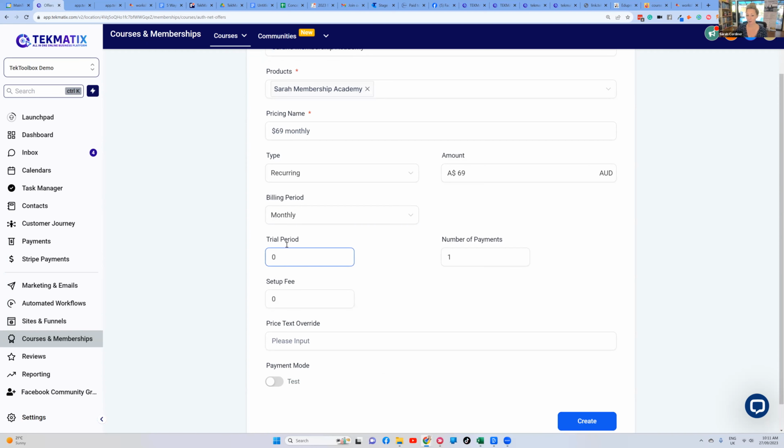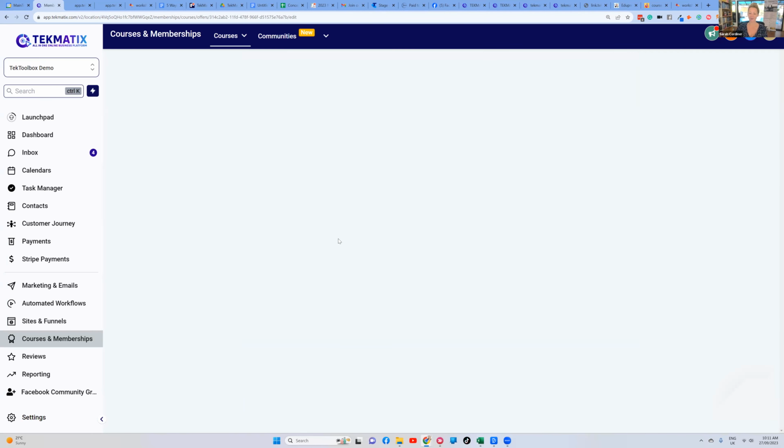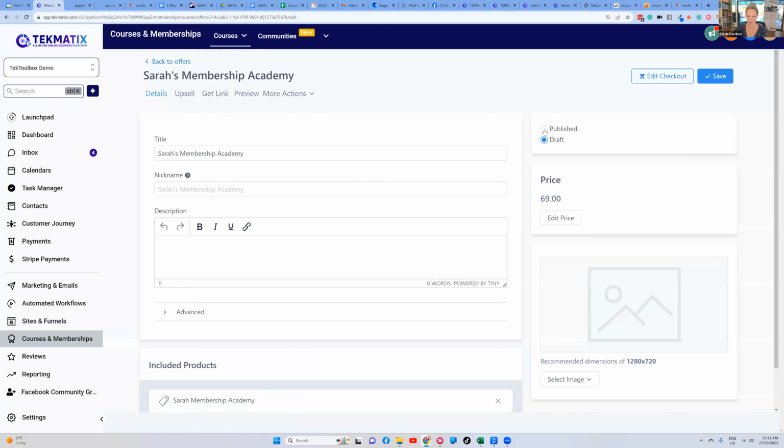Do I want to have a trial period? I don't know, but you can choose to have a free trial period here if you wanted to. You can even choose to add a setup fee. This is great if you're providing a service and perhaps that setup fee is needed up front. From there on in, they just pay a monthly fee for whatever the service you're providing. And you press create, and now we have our checkout for a membership that once we press publish, we can